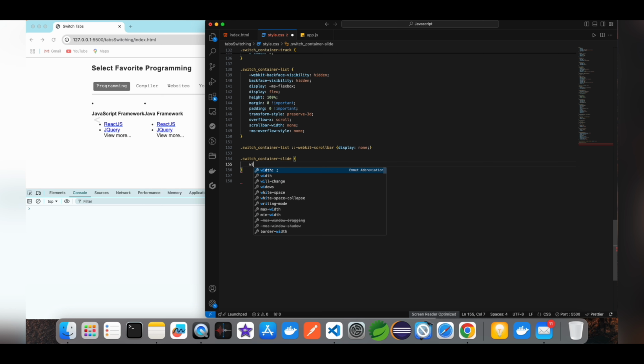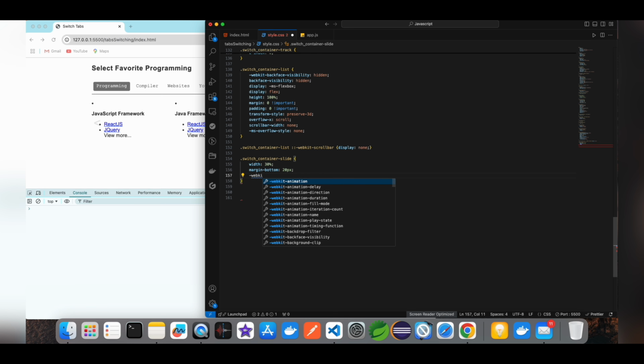Now design the slide. So width I take 30%, like each li has a width of 30% on desktop, like if your screen is bigger. So for that width is 30%, margin-bottom 20 pixels, and next one is -webkit-backface-visibility hidden, and box-sizing is border-box,